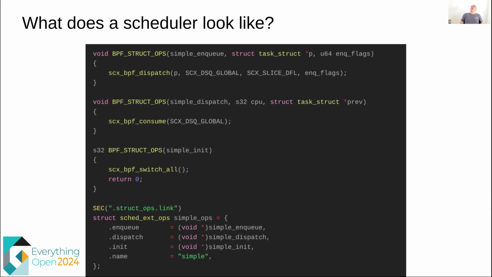Okay, I see. Okay, so I'm going to repeat that just in case. So the question is whether sched_ext or BPF provides any abstraction against different microarchitectures and CPU configurations. Is that the right question? Yes. Okay, cool. So not in the framework itself. The framework itself just exposes the interface that you can implement a scheduler with, but